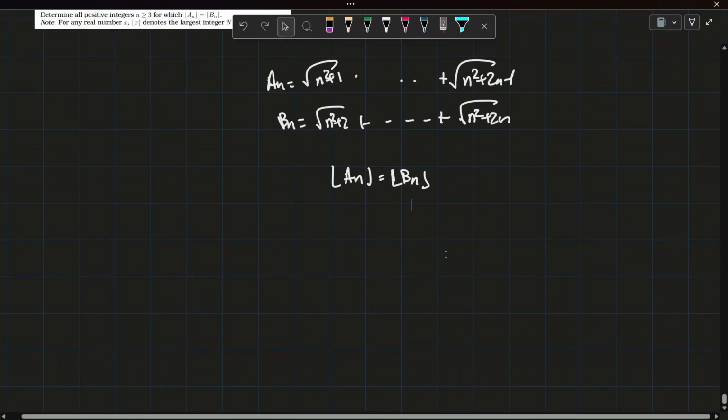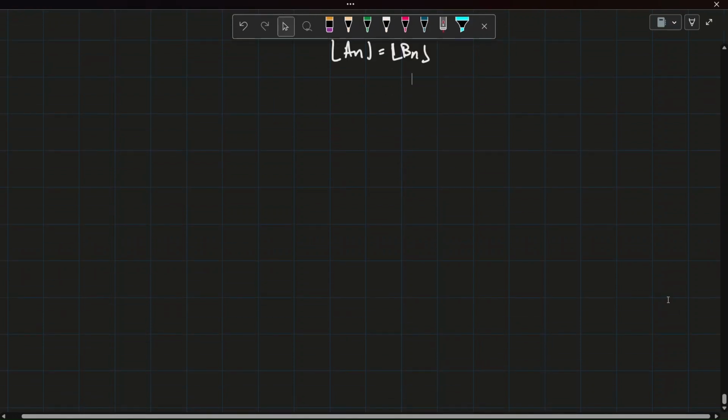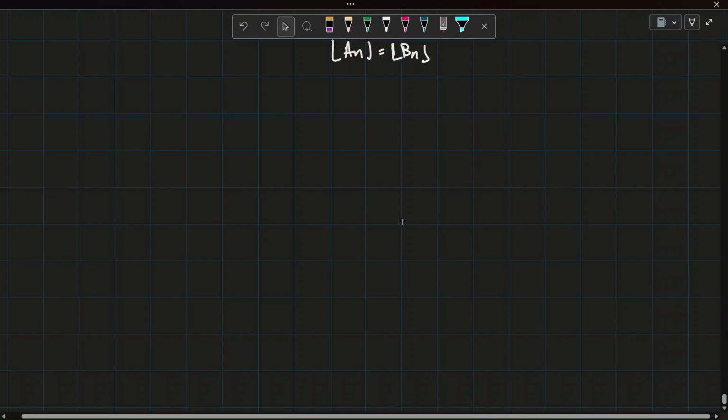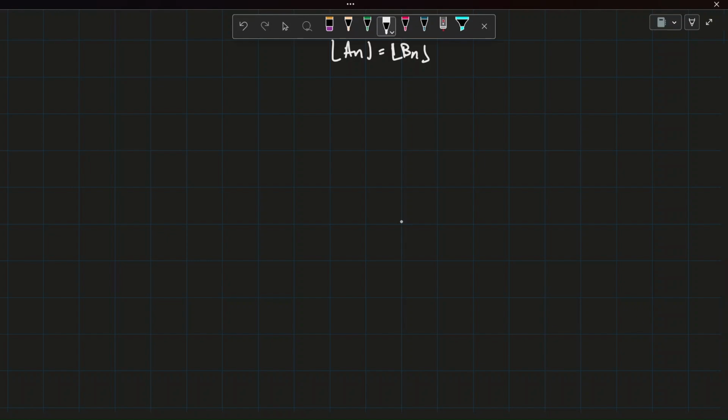I think the solution to this problem is motivated by a result in calculus, or basically, if you know calculus, it will be slightly easier to solve this problem. So I will be using calculus in my solution, but there are alternate solutions to each of my proofs. So the first part is